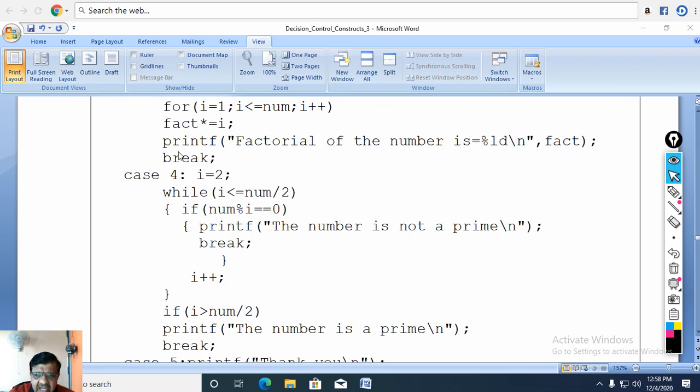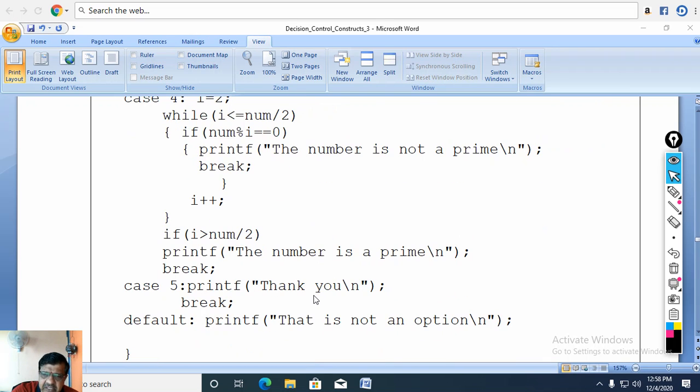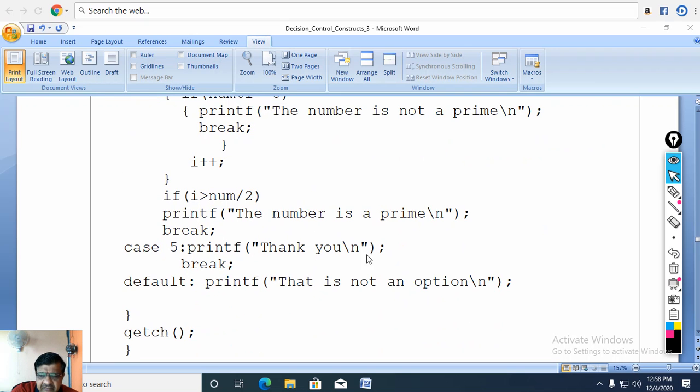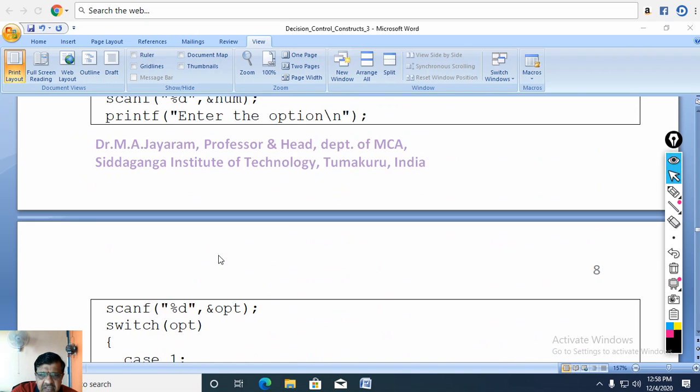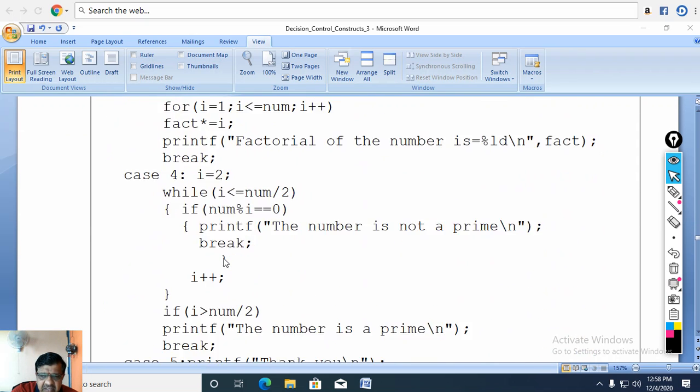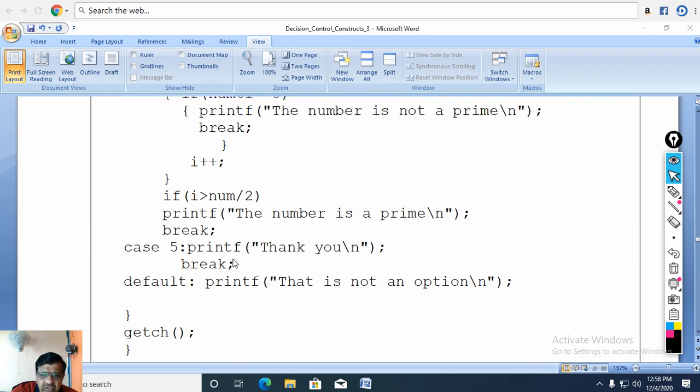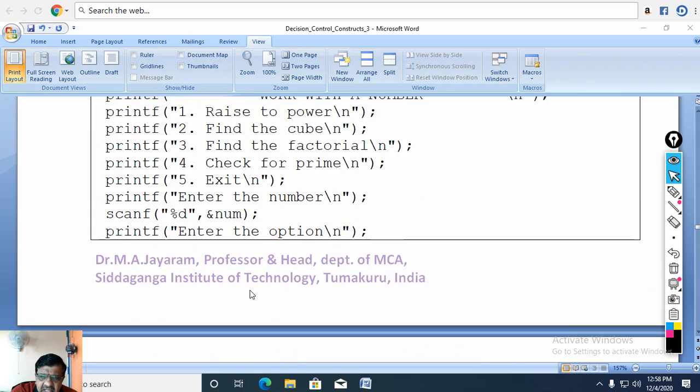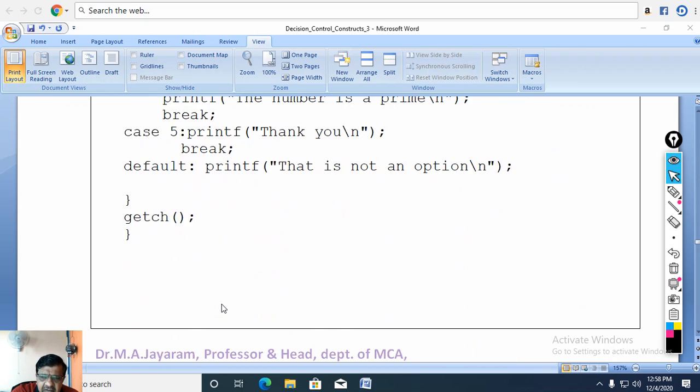This is for the sake of understanding how exactly the cases and switch block work, how matching is done. This will definitely check whether the given number is prime or not. The number is a prime, or break. Printf thank you. The fifth option, you should notice over here, is the exit option. Therefore the user doesn't want to work with this simple calculator. Okay, thank you, it would say. Break. Otherwise, if he chooses any value other than 1, 2, 3, 4, 5, default will be executed